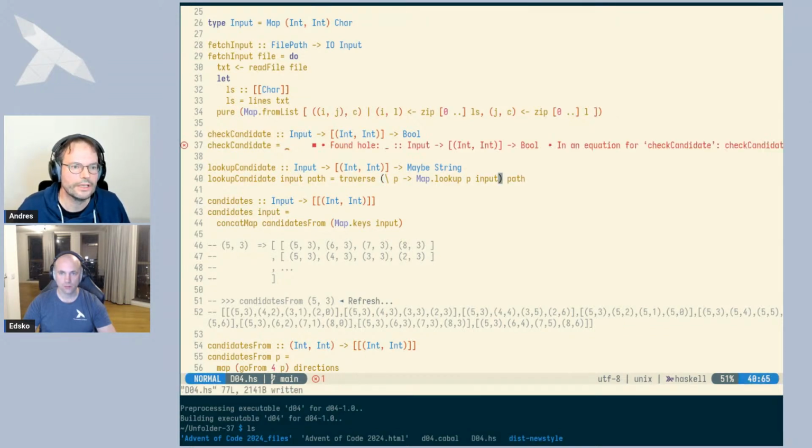And that gives us a character, and so it nicely works out in this case that strings are lists of characters. So that just gives us a maybe string back. And then check candidate would be checking that a lookup candidate on input path is just